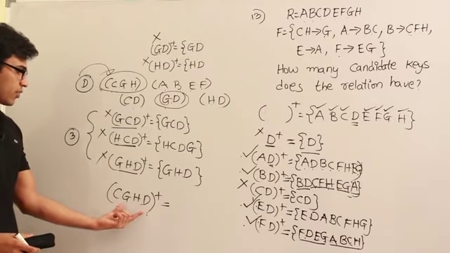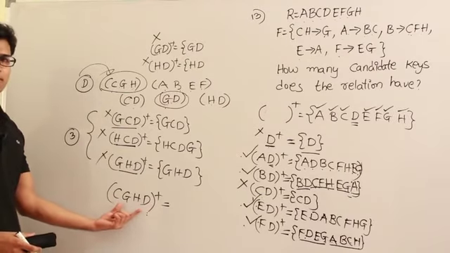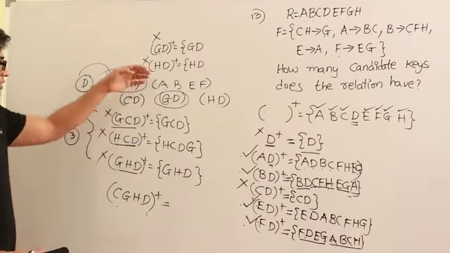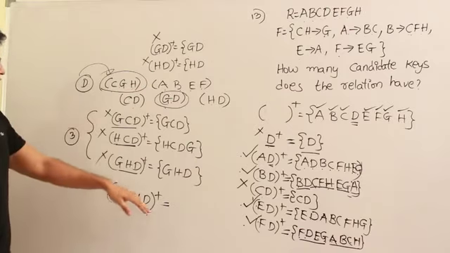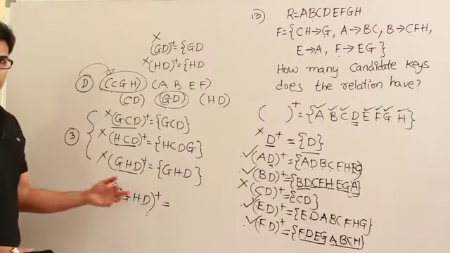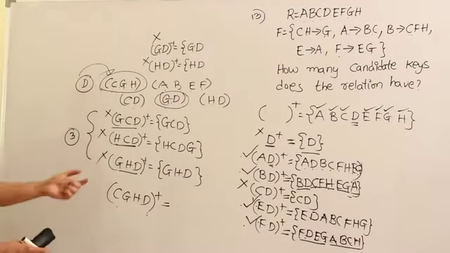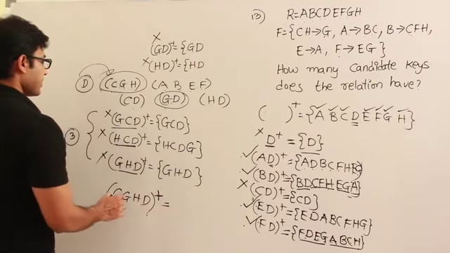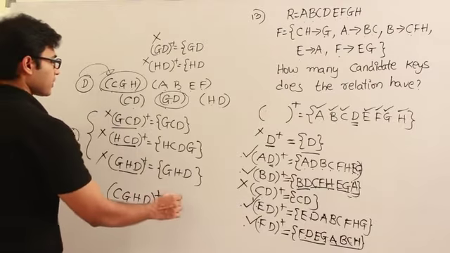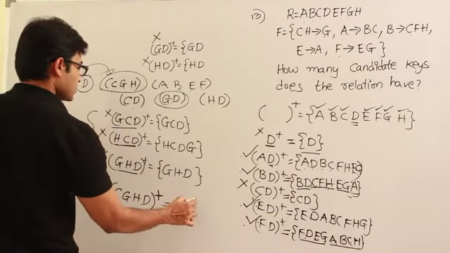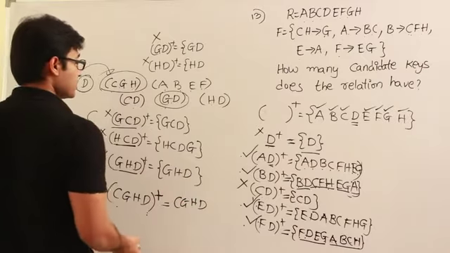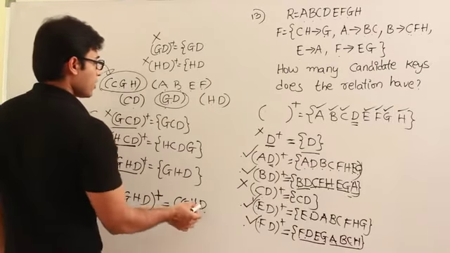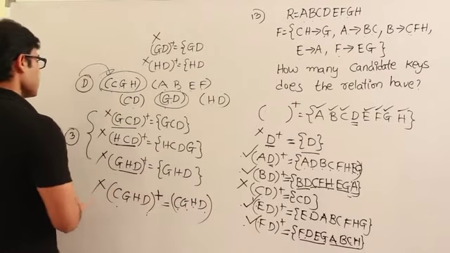Only one possible candidate is there for 4 attributes. The reason is, if I add anything else other than these 4, it is going to become a super key, not the candidate key, right? Therefore I am going to try with this. So how can I try it? Watch it. Now CGHD will be added, and because of CH I get G. G is already there, right? And I will not get anything more. Therefore, this is also not a candidate key.